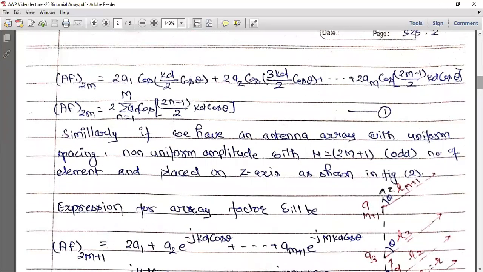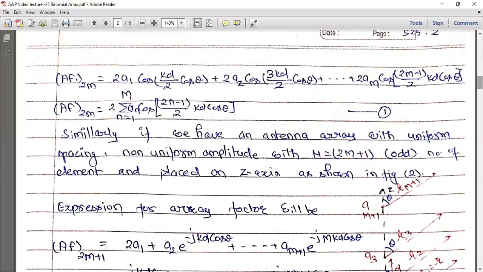So as I said, in the array factor expression, we can combine the exponents with positive and negative phase values, and correspondingly the array factor can be written as 2a1 cos of (kd/2) cos theta plus 2a2 cos of (3kd/2) cos theta plus 2am cos of ((2m minus 1)/2) kd cos theta, and so on. And jointly, for a compact expression, we can write this array factor when the number of elements is even